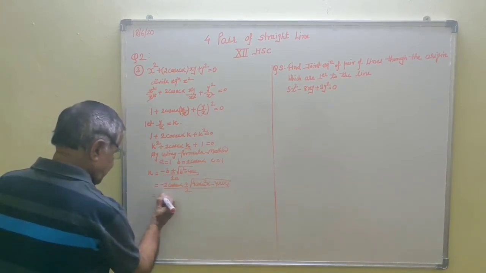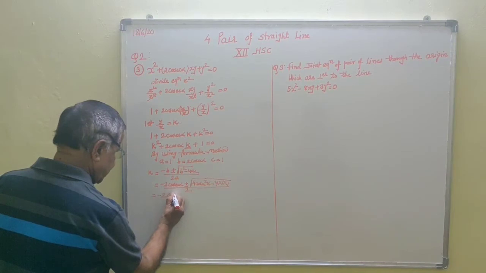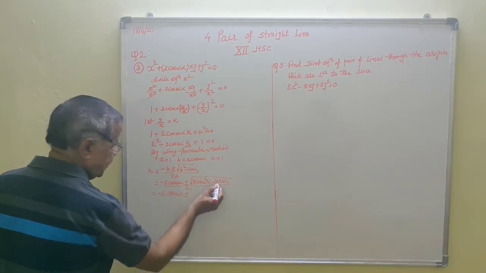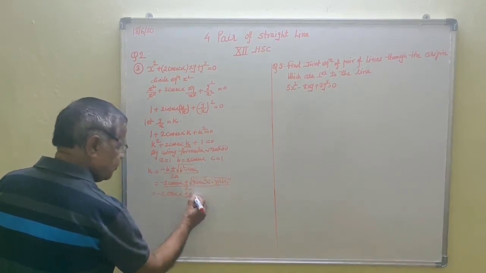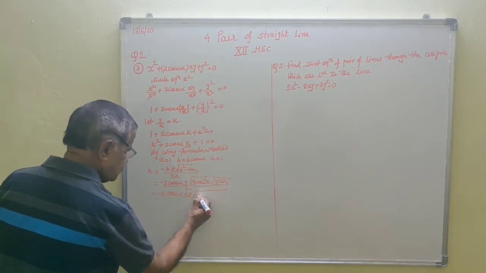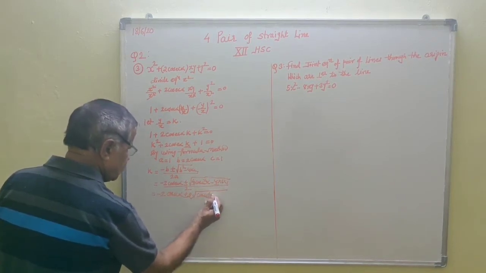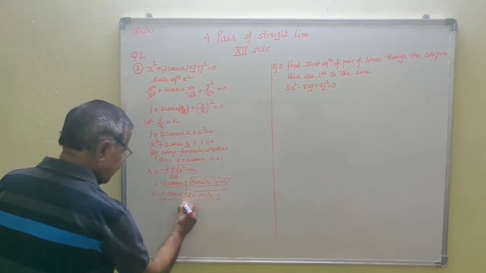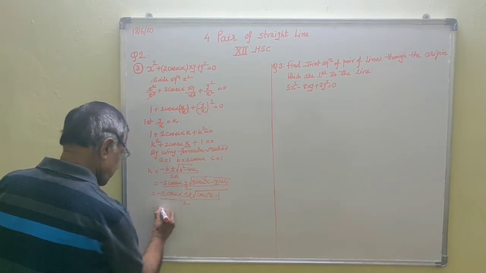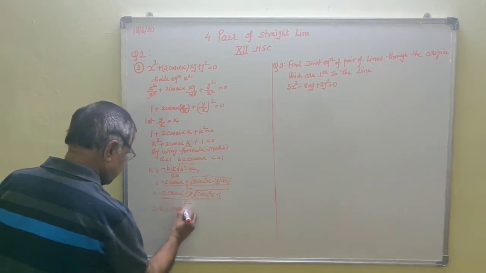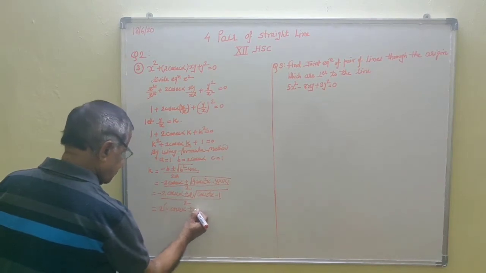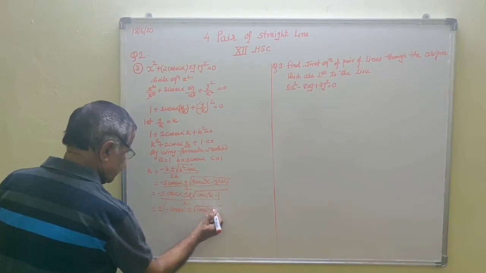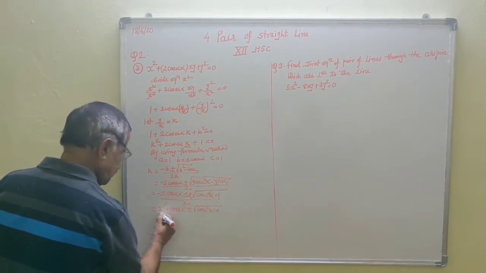Now minus 2 cosec alpha plus minus, for this 4 can be taken out common, so out of the root this will come to be 2 under root of cosec square alpha minus 1, upon 2. Now I can take out 2 common. Minus cosec alpha plus minus under root of cosec square alpha minus 1 will come here upon 2.